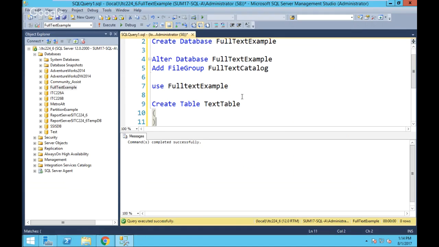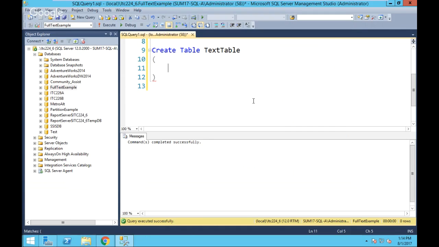I'm only going to put 2 fields in it. So I'm going to do a text table key int identity